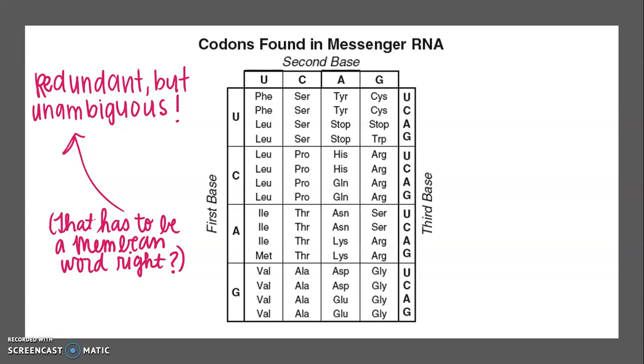This whole chart, the genetic code, is considered redundant but unambiguous. So what does that mean? Redundant meaning that there are multiple codons that can code for the same amino acid. So for example, all of these over here code for arginine, these code for arginine, all of these code for leucine,